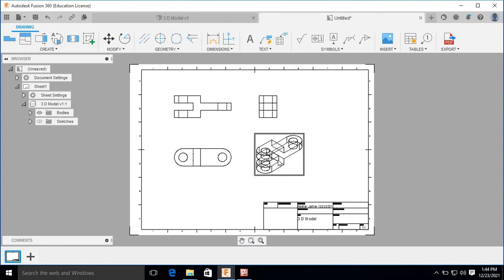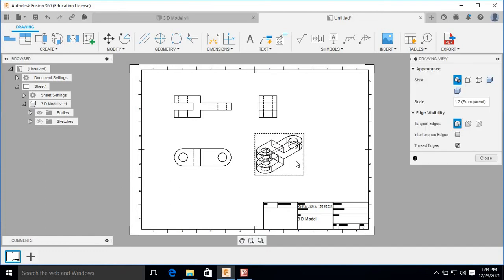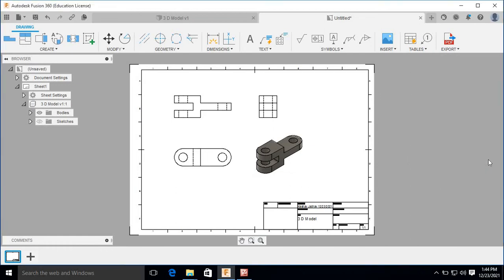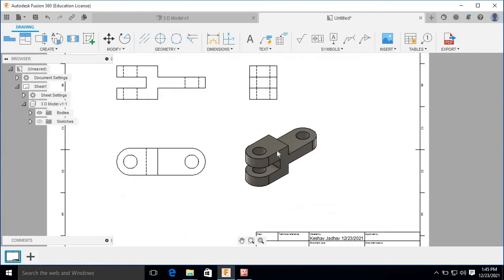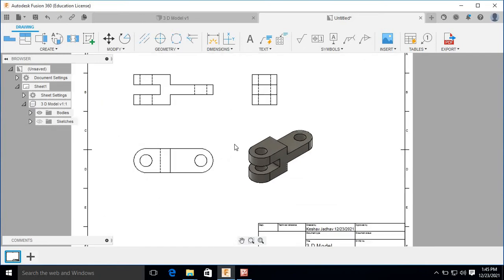Okay, now suppose we want to visualize this object as 3D model. So double click on this, and here we can select the shaded image like this. So it will appear the shaded image like this, and click on close. Now here we can give the different dimensions. So I will give the circular dimension in this top view. So here it is dimension option. So select this dimension, click this circle and give dimension